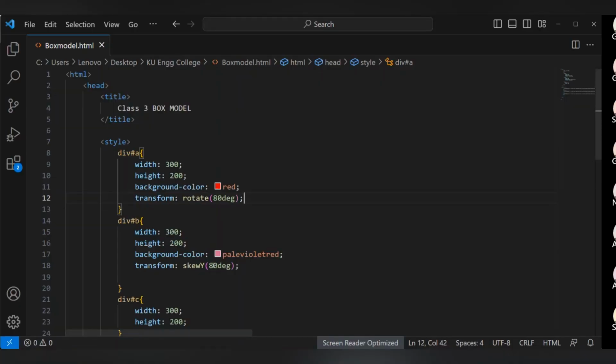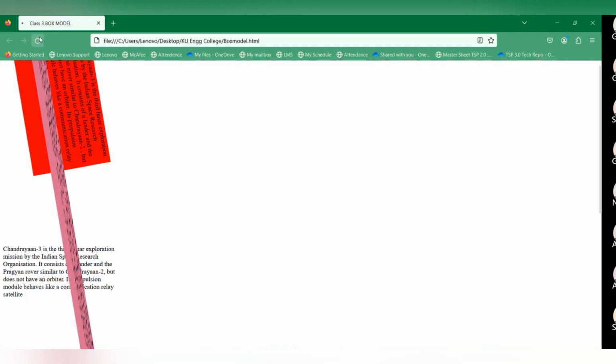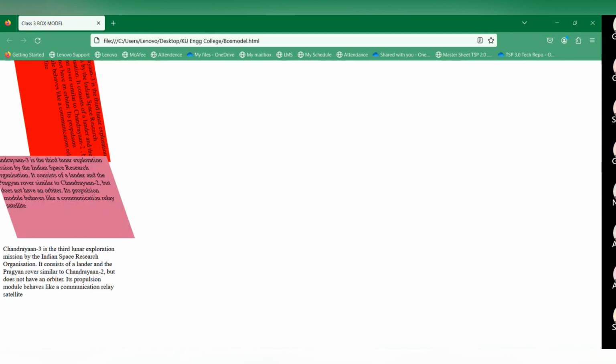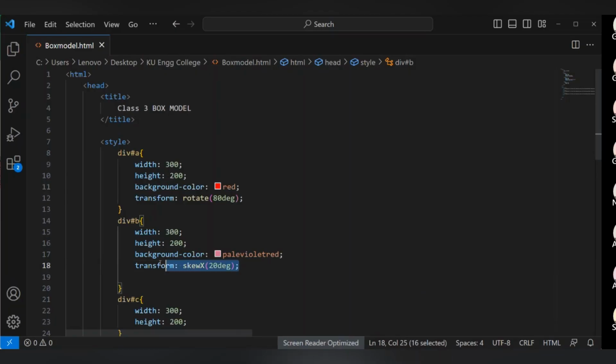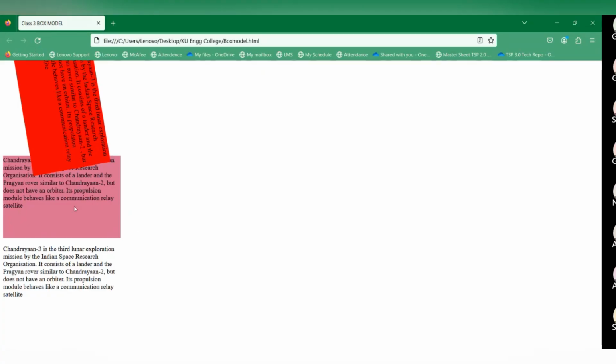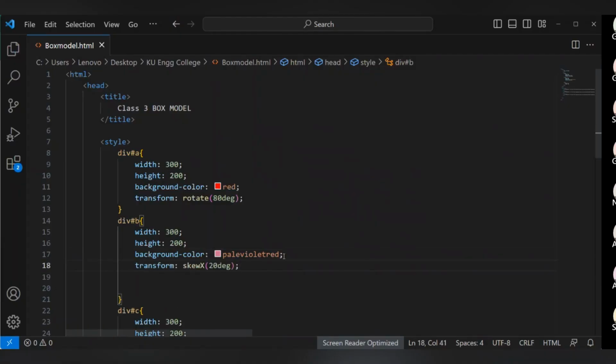Okay. Now suppose if I do the other way around, this was skewY, but suppose if it is skewX, what do you think will happen? Suppose it is skewX, so let us see, maybe I'll reduce the angle because it will be too difficult for you to understand. See. Now it is rotate. Okay, let me first remove this. Control X. Let me show it to you, the original thing. This is my original thing. Okay. Now when I'm putting this part,